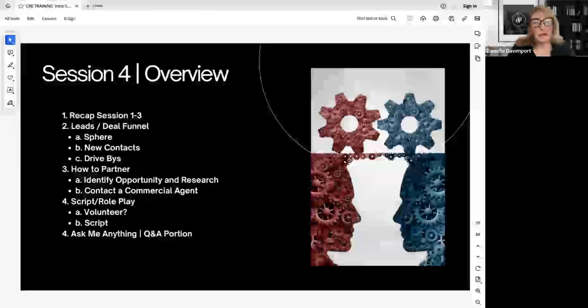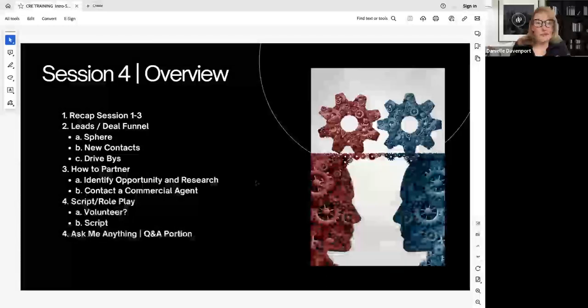Session 4, I'm gonna do a quick recap of session 1 through 3. We're gonna talk a little bit about leads, deal funnel, your sphere, new contacts, drive-bys, and opportunities that way. How to partner, identify opportunity, and research different areas for partnership. And then I've got a couple of scripts that I put together, and then I'm just going to leave it open and feel free to ask me anything. So recapping,